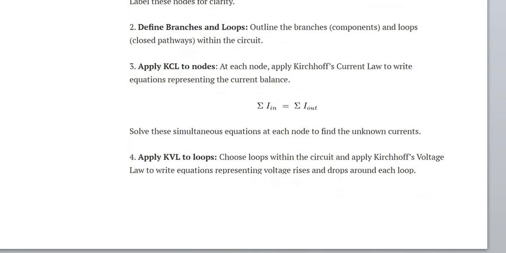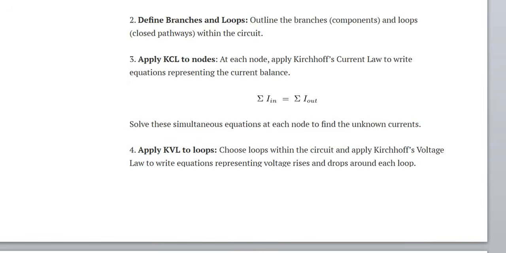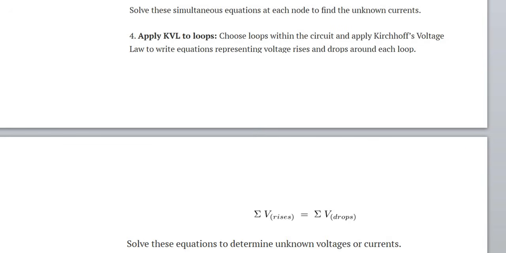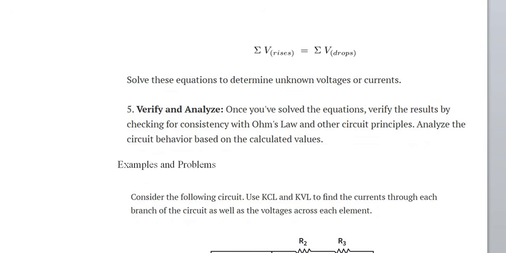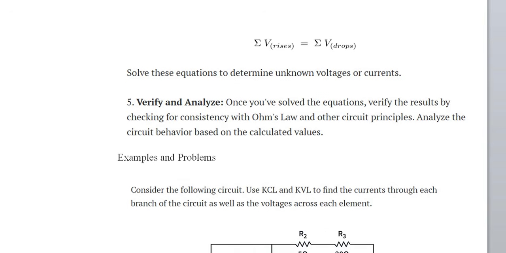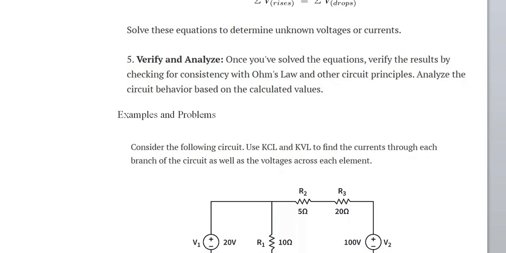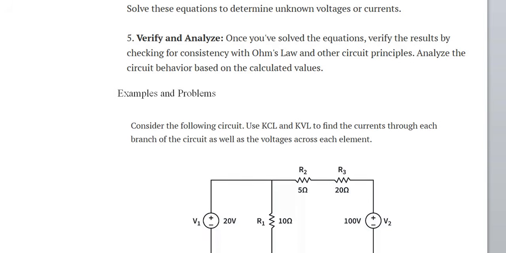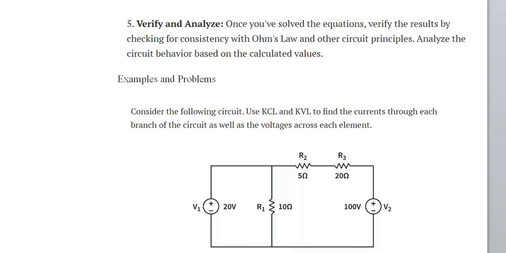Apply KCL to nodes, that is, the algebraic sum of current entering the node is equal to the algebraic sum of current leaving the node. Then apply KVL to loops. Choose loops within the circuit and apply Kirchhoff's voltage law to write equations representing voltage rises and drops around each loop. So the summation of potential rises is equal to the summation of potential drops. Solve these equations to determine unknown voltages or currents. Then verify and analyze. Once you solve the equations, verify the results by checking for consistency with Ohm's law and other circuit principles. Analyze the circuit behavior based on the